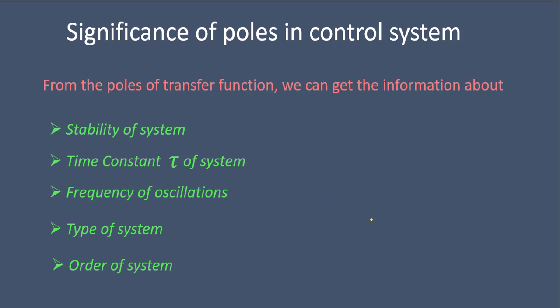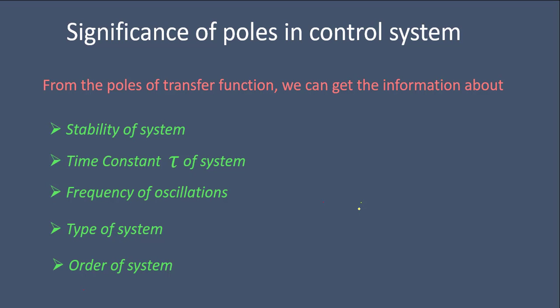Hello everyone. So we are discussing the significance of poles in a control system. If we have the poles of a transfer function, then what information can we get from these poles? In the last lecture we studied that if we know the poles we can find the stability of a system. Now in this lecture, we will see about the time constant tau of a system and